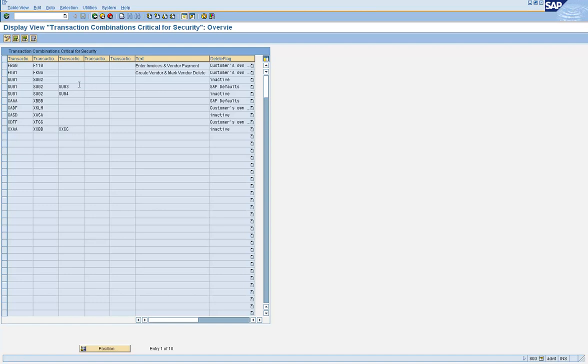Understood? Now remember, this is at the critical combination level, at transaction level. Having access to a transaction code doesn't mean he has the ability to perform that particular function, because each transaction code will give access to multiple functions and multiple activities.